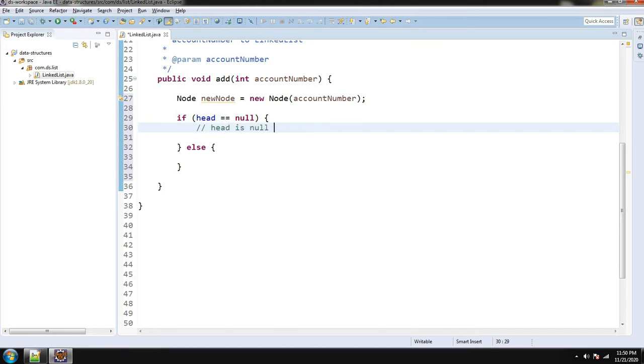Head is null means the linked list is not yet created. So create the linked list by assigning the new node to head.